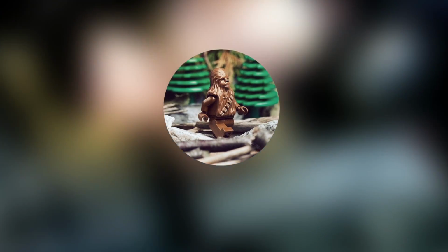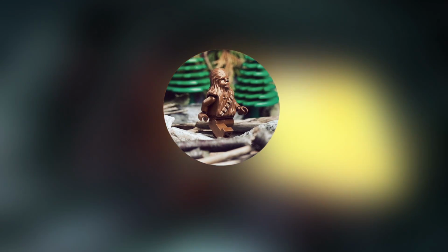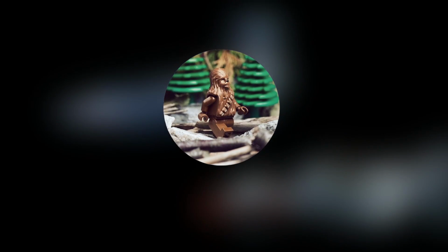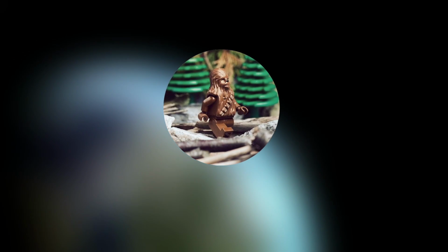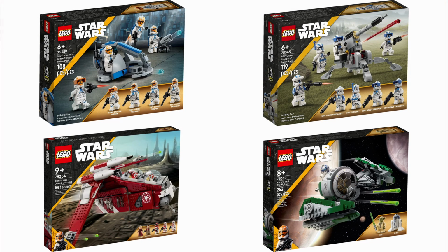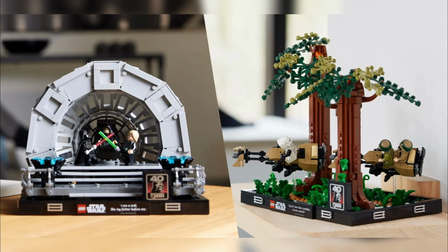Oh, and if you're thinking about the Phantom Menace, remember how I said there was one last set released in August? Yeah, it was an MTT. We literally got everything imaginable in 2014. Now fast forward to 2023 and 2024, LEGO absolutely hammered us with Clone Trooper sets, and original trilogy playsets were unfortunately very scarce,